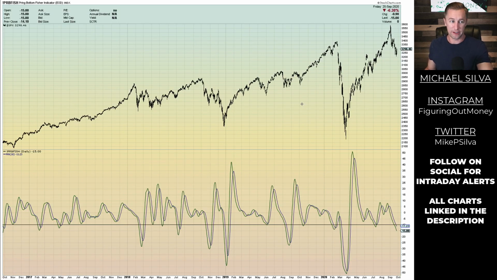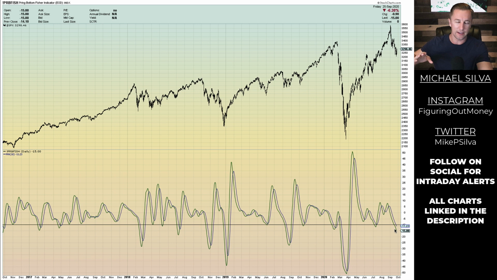Now, the bottom fisher indicator, this is to help find bottoms in the market, and it's not always 100% accurate, but I'll be honest, it's pretty darn good. And when we see this green line cross back over the blue line, at least when it's below this black line, that's a lot of lines, sometimes it can represent a market bottom. I'm looking at this right now, and both lines are below this black horizontal line, but the green looks like it's picking up more speed to the downside. So I'm not fully convinced that this might be the market bottom.